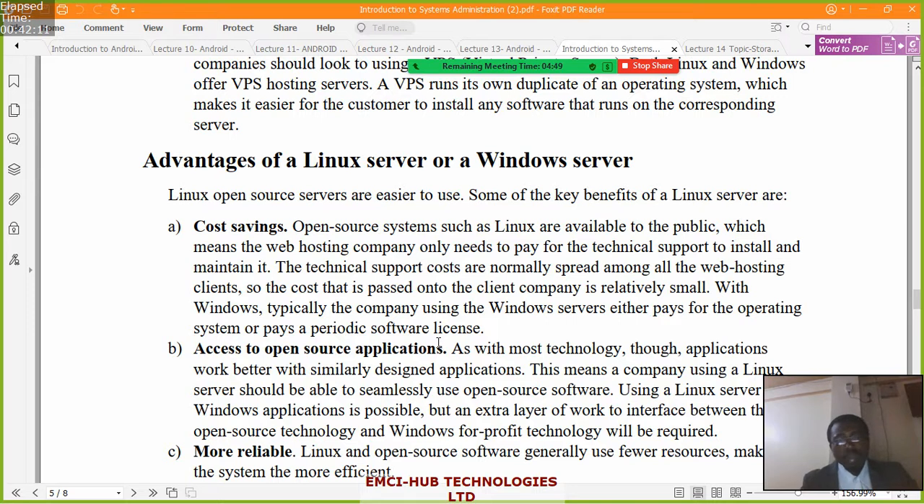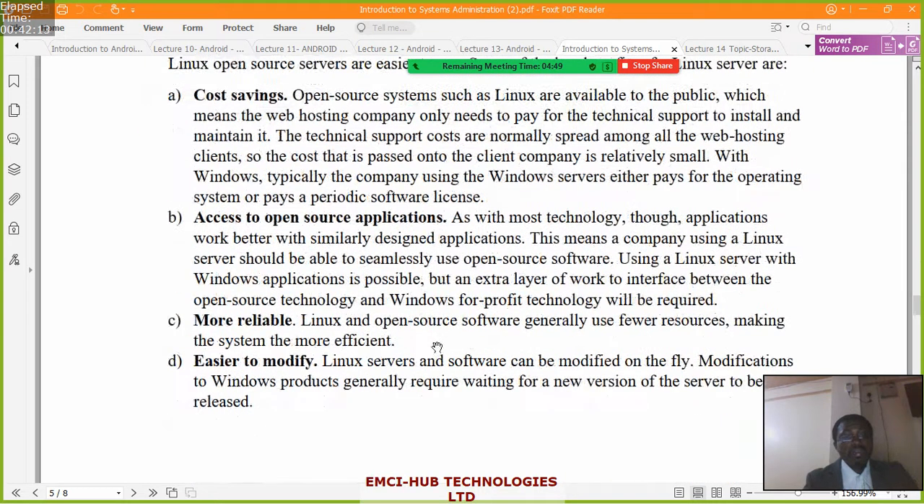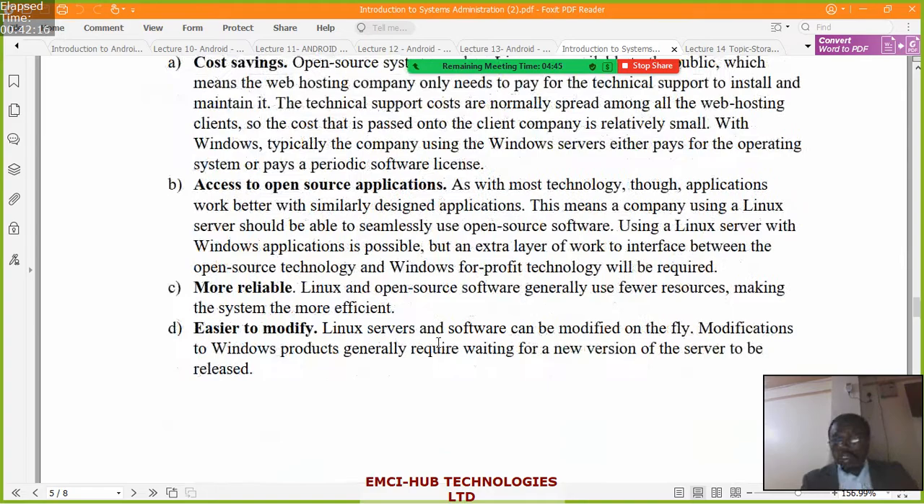We talk about access to open source applications. As with most technologies, applications work better with similar designed applications. That means that a company using Linux servers should be able to seamlessly use open source systems, compared to the Windows for-profit technology, which requires cash to buy several things. Even the Windows servers are mostly costly, but with Linux sometimes it comes with inbuilt components that you don't need